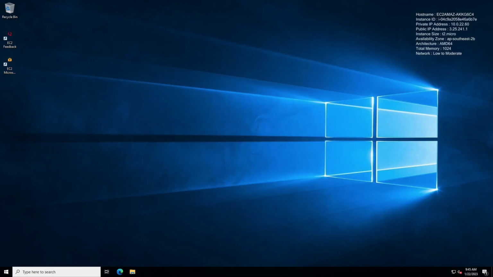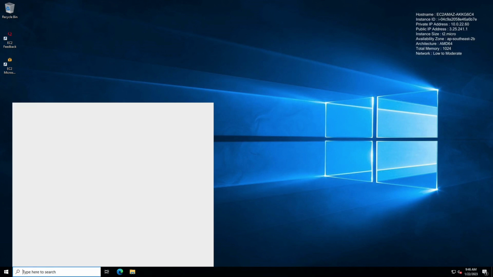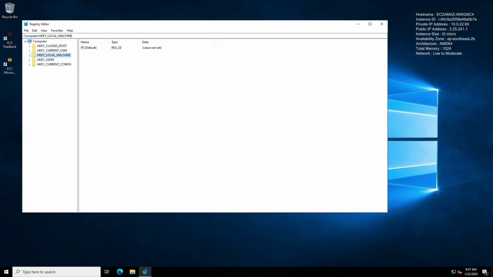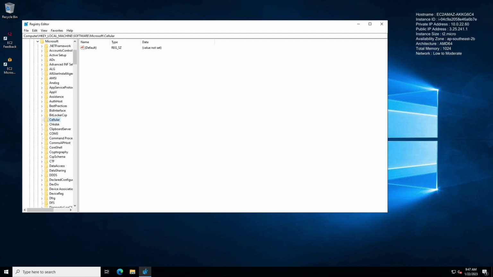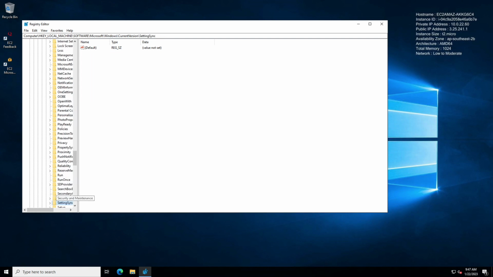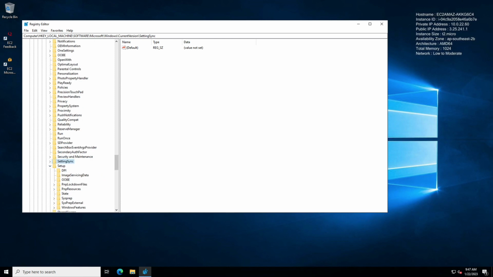Now that we are logged into the Windows instance, let's move on to check the first item in our checklist, which is the sysprep state. To verify that, let's go to the registry editor. So let me type in regedit. So let's navigate to HKEY_LOCAL_MACHINE, Software, Microsoft, Windows, CurrentVersion, Setup, State,